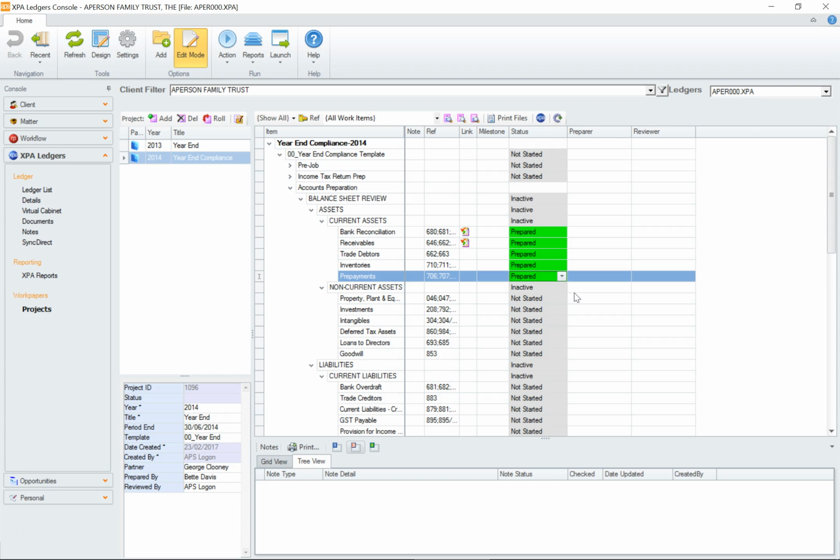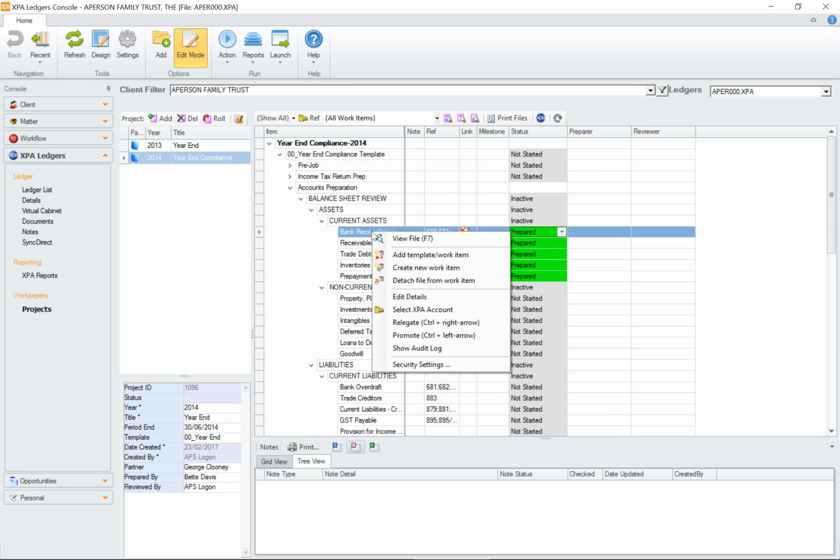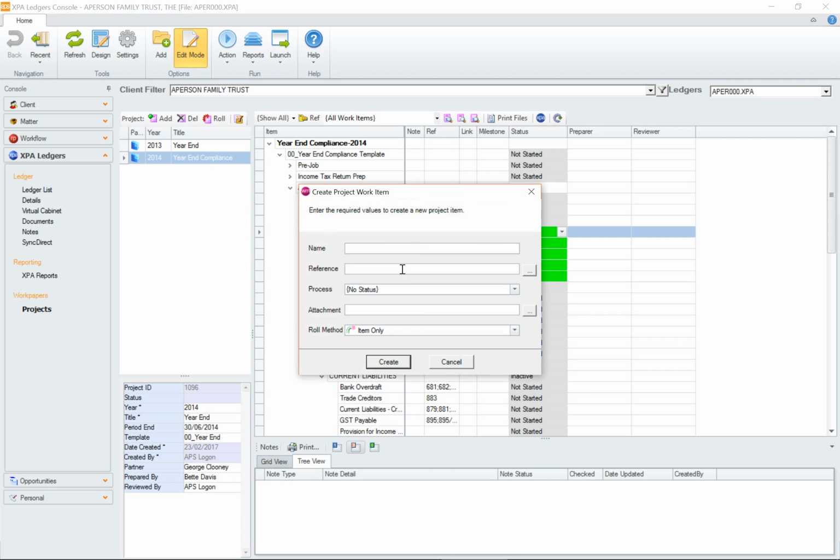But what if I want to link my own documents? Well, that's possible as well. Say that I want to add some client source documents. Say I have a source document to go against my bank rec. I can right click on my bank rec and select Create New Work Item. I can give that a name,